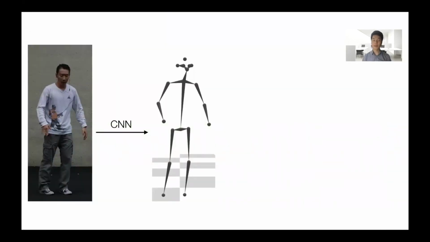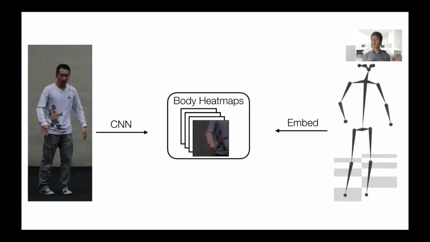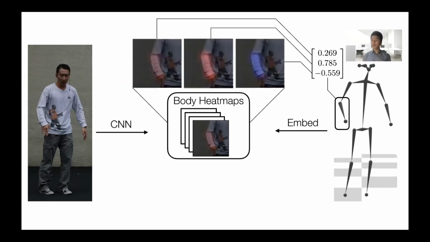So let me briefly describe the method. Instead of applying some regression kind of method, we use a keymap representation because we got a really nice lesson from the 2D keypoint estimation domain, where keymaps actually produced pretty nice 2D localization quality. So we considered what would be the corresponding 2D representation to represent some 3D information. And the idea here is that we consider a unit vector to represent each limb part, for example here. And then we just represent this number, the unit vector's orientation, in the heat map representation. So for example, now we are considering this particular limb, and we just embed this value into this heat